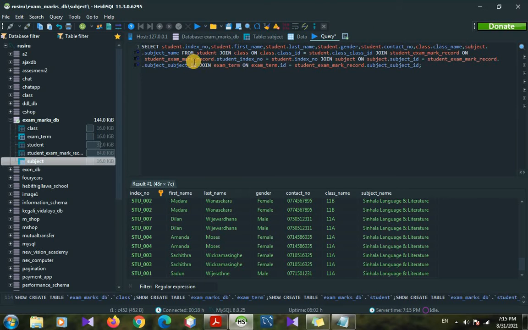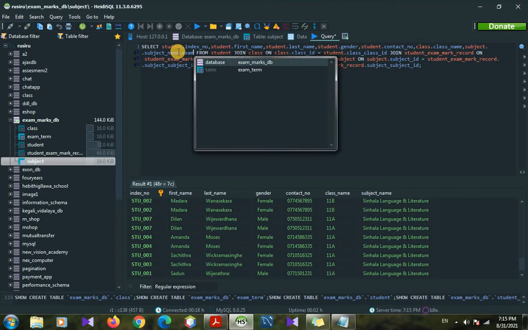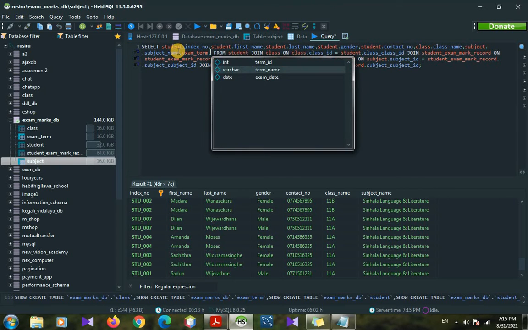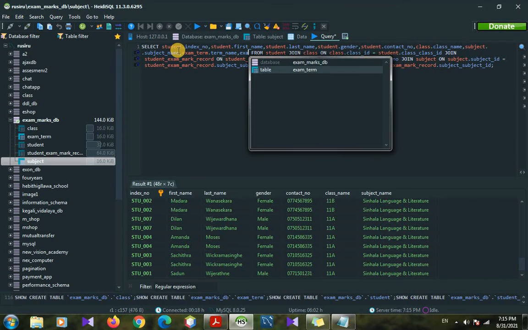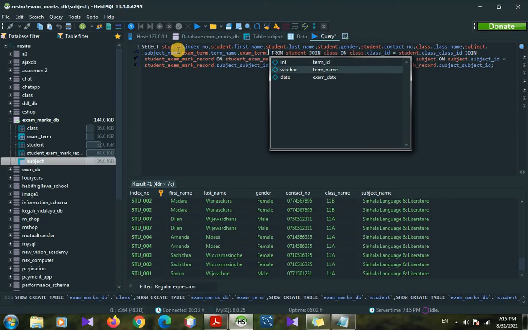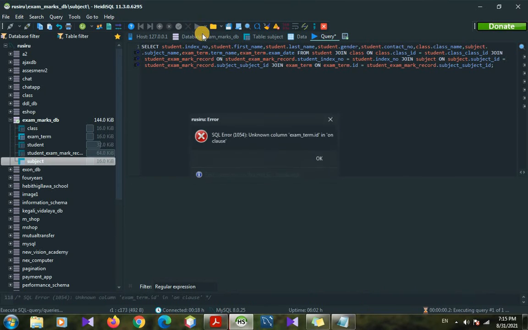Next we can put a comma here and type exam mark table dot term name, comma, exam mark table dot term date. Next we run this.